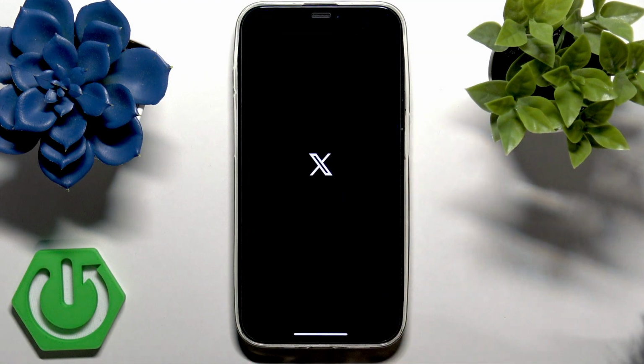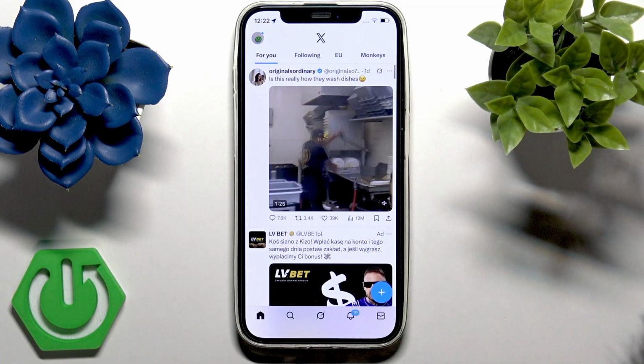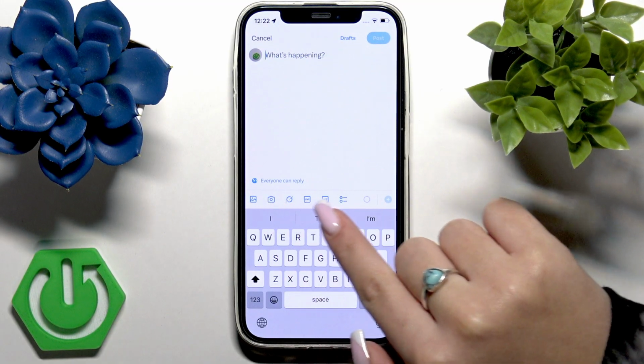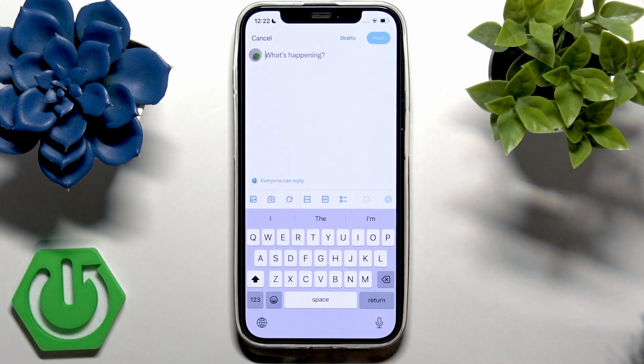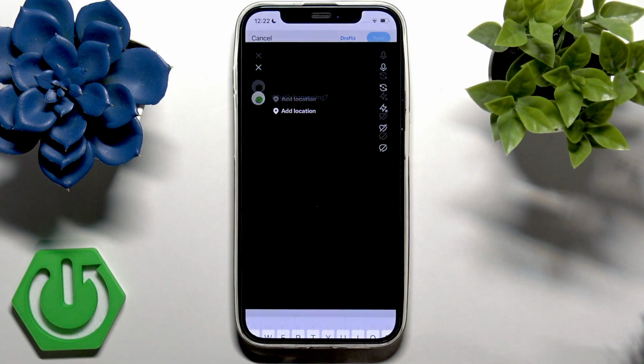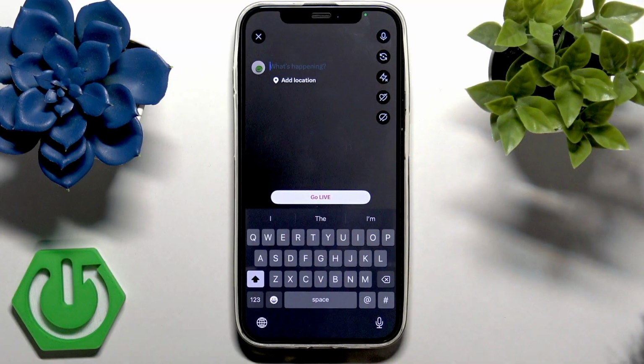So first of all, let's open X, and you have to tap the plus sign button in the bottom right corner of your screen, which is the Start New Post button. And here from the list of options you want to tap the Live option, and let's select Start a Live Stream. So you can tap "What is happening?" over here to enter a title for your live session,